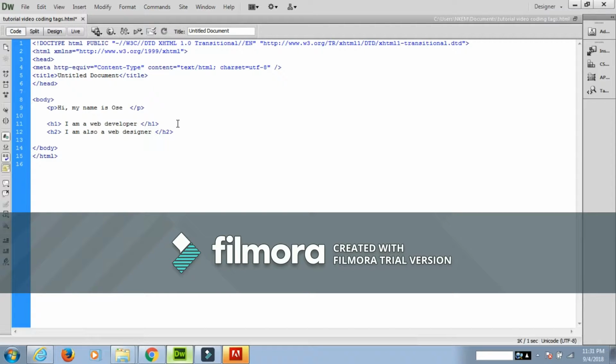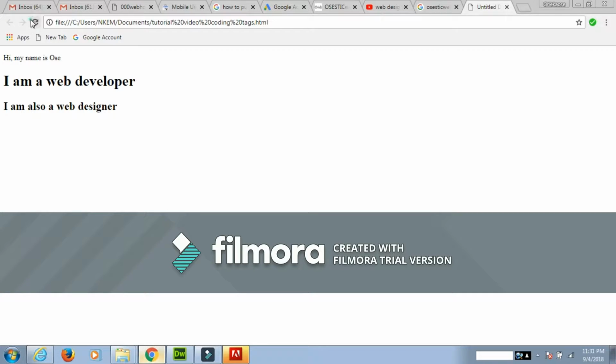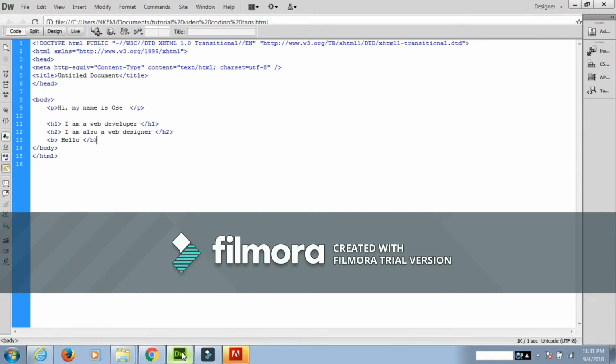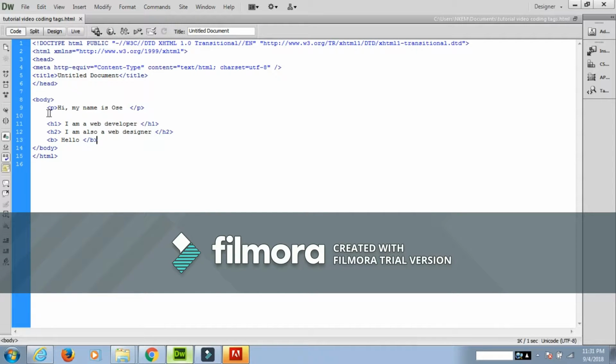So now you just want to make a basic word bold. Put in a b tag and say hello. Close it, save. As you can see, it's basically the same size but just bolder. So now that these are out of the way,